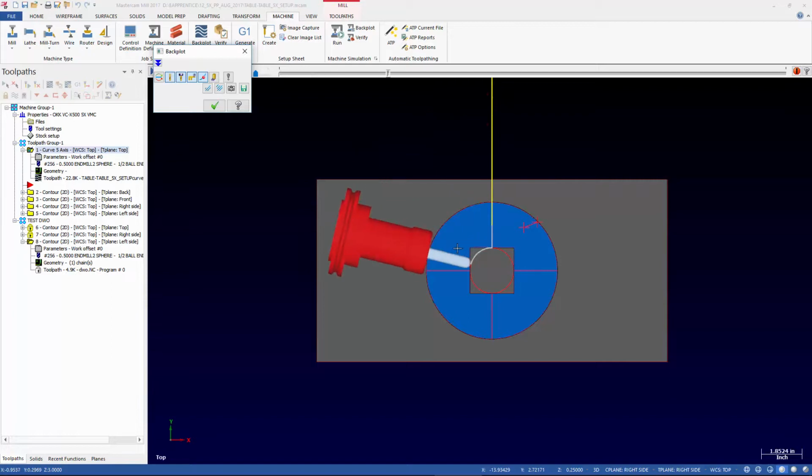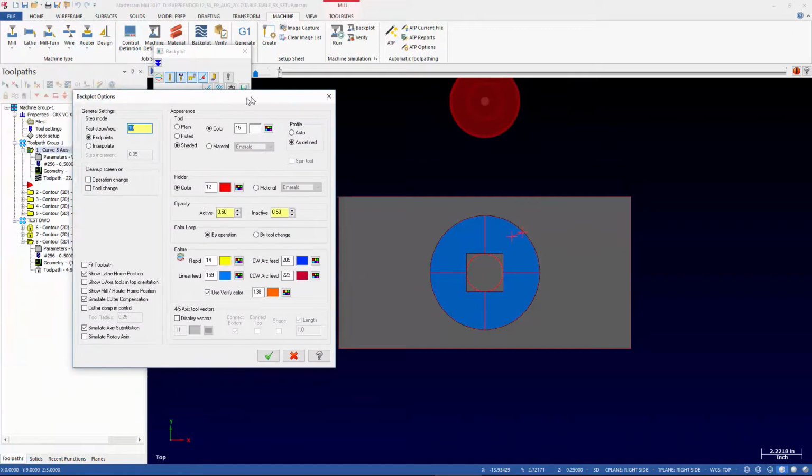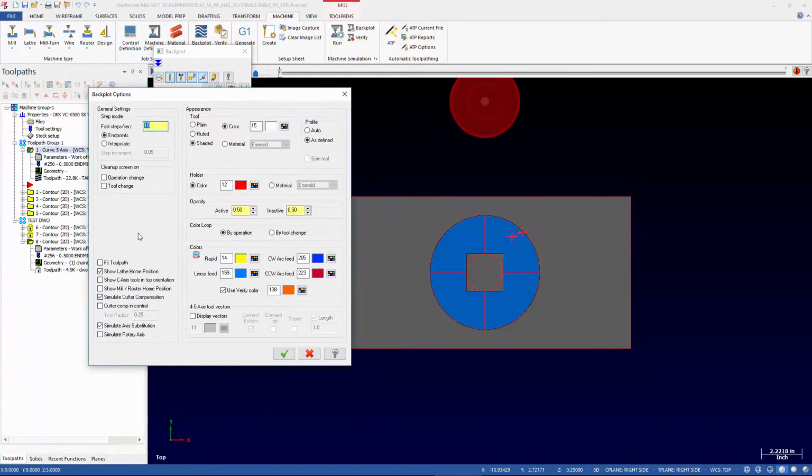Again, this is looking straight down at the platter, or actually, if this was already rotated to -90, looking straight at the platter. The tool right now is shown rotating. There is a trick in backplot. If you go into the backplot settings, and you do simulate rotary axis,